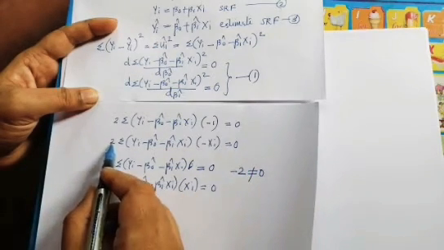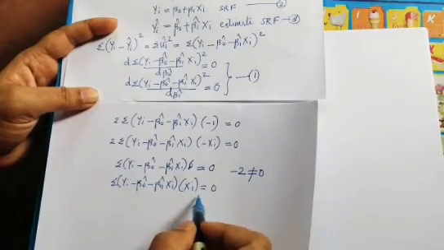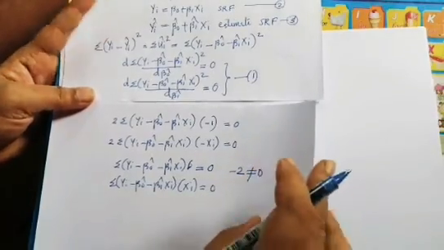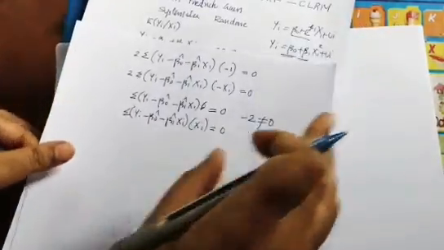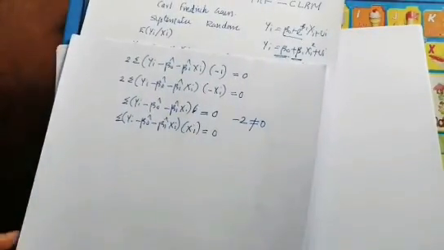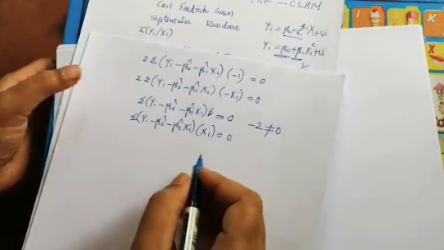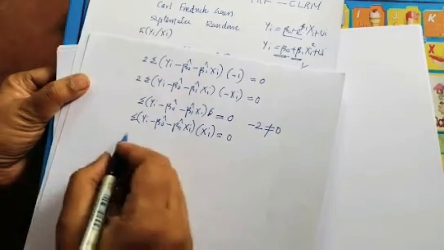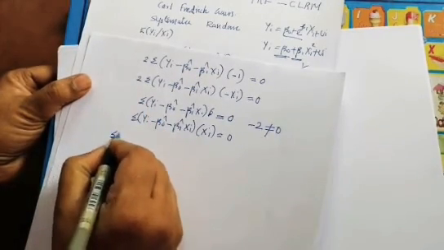Then again here 2 into minus, again minus 2 not equal to 0, that is also applied to the second equation, and we remove the effect of that term also. And now we have two equations. These two equations are generally called the normal equations. Then we can derive the normal equation by assigning sigma to the equation,